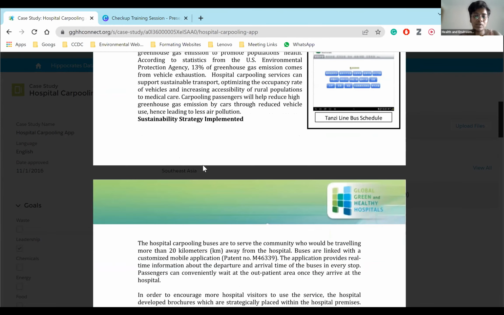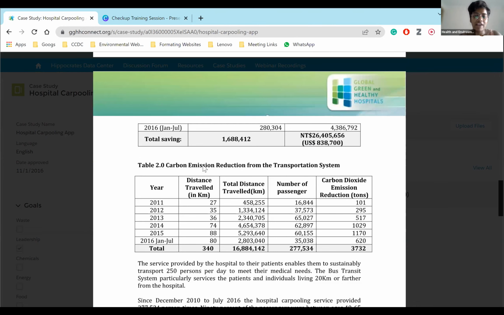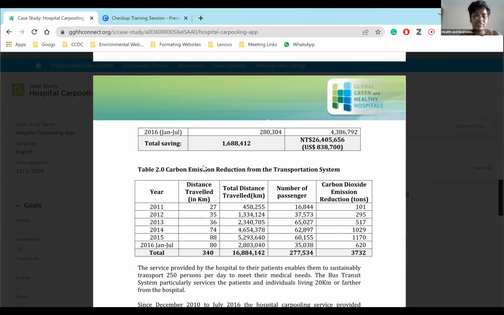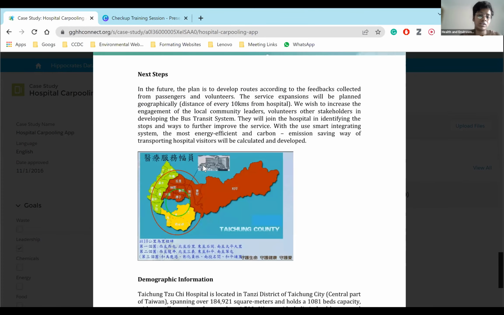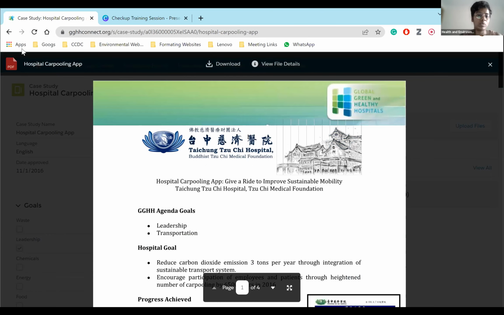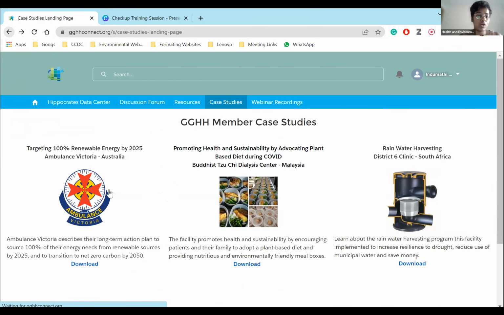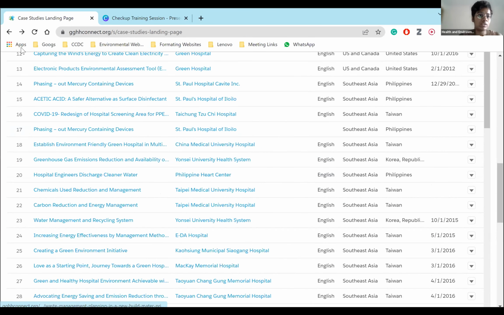So this is an example of a case study in a hospital, and you will have many such case studies available for different sections on this platform. Again, you'll have to be a member of the network to get access to all of these, but there's a wealth of information available under case studies here for a lot of different things for what hospitals are doing around the world. And also,